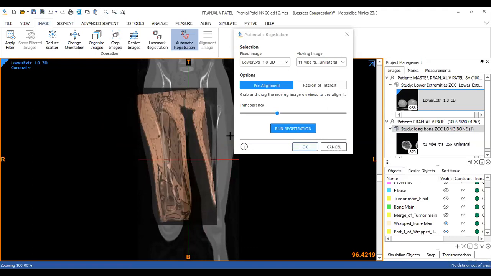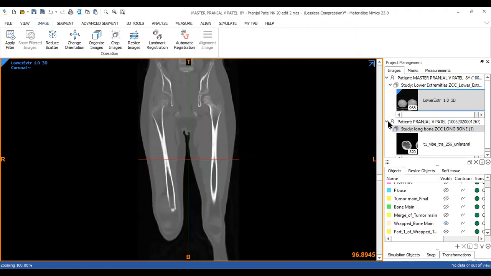Just in case your image registration option won't work, how do you then do this? So what you then do is you first switch on your tumor view, right? आप tumor के view में जाते हैं.